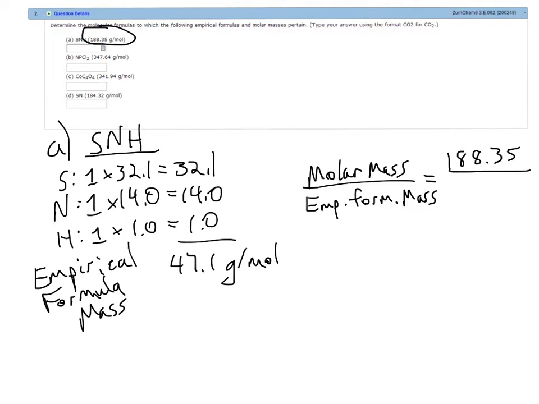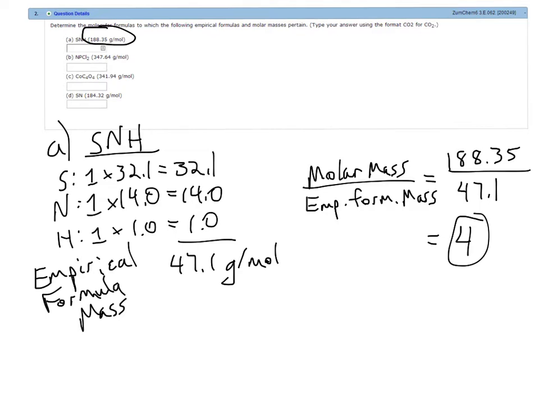And we found an empirical formula mass of 47.1. When you divide those out, you get a whole number. Well, on your calculator you'll get like 3.99999, so something wickedly close to a whole number. Just call it 4. So that means that the empirical formula to molar mass ratio is a 1:4 ratio,